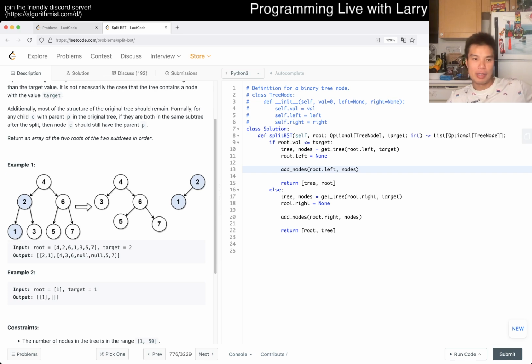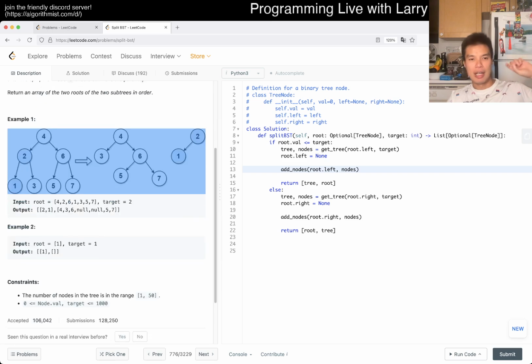Because for example here you can imagine that 3 is the child of 4 instead of the 2, and then you have a 2 and a 1, and in that case you would keep recursively kind of go for